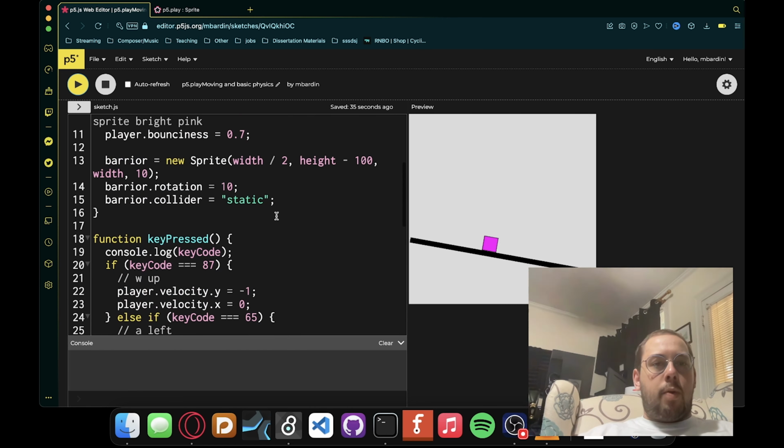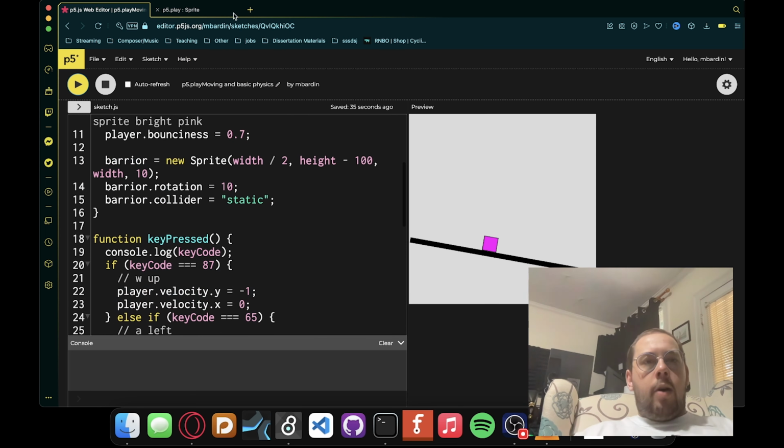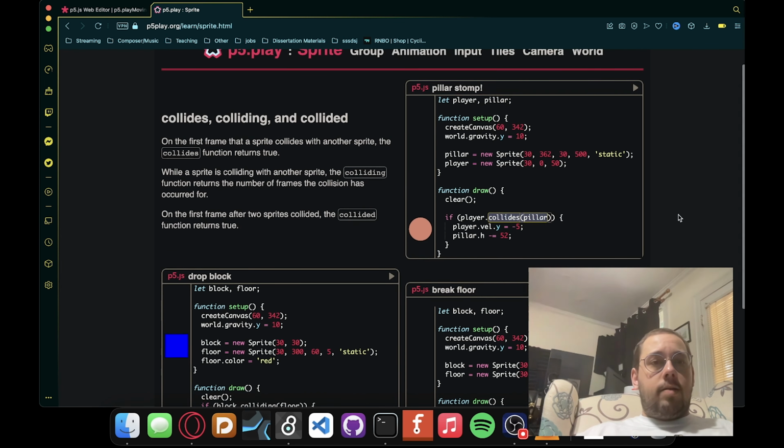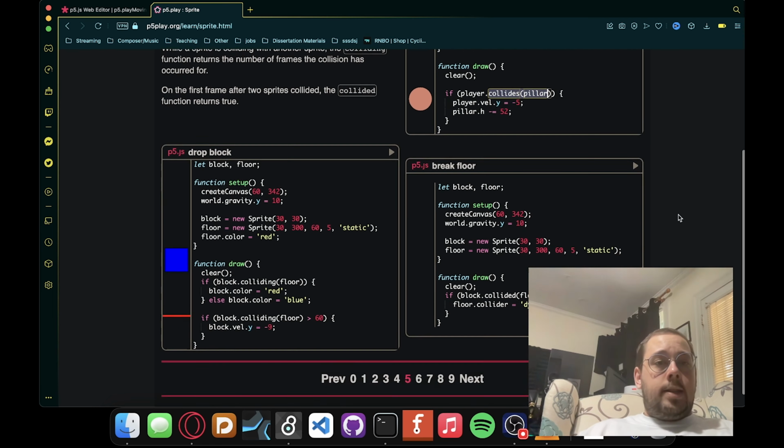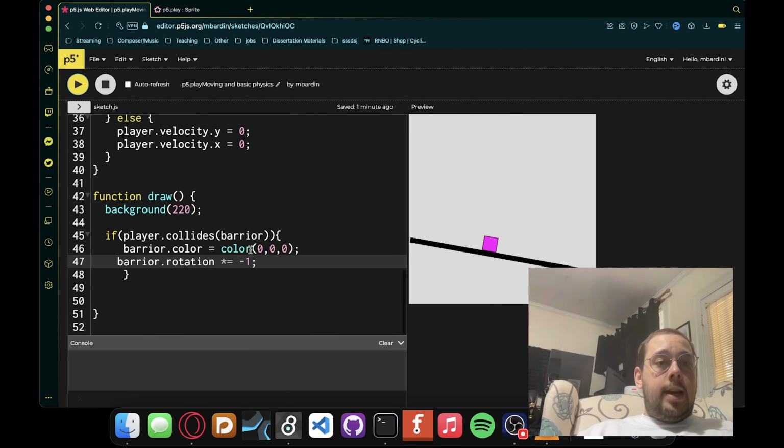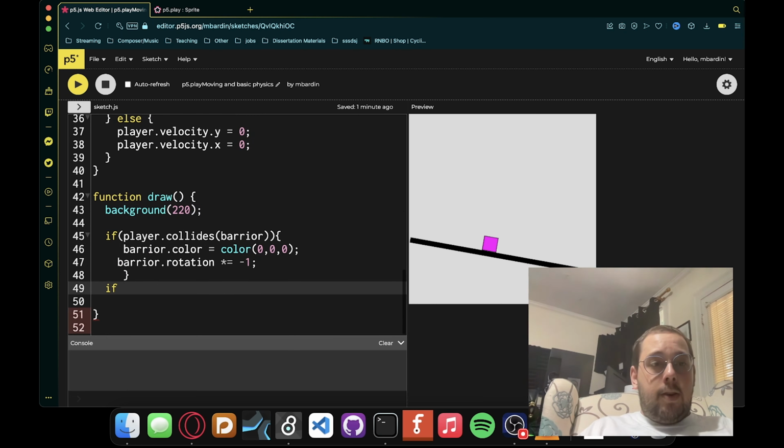If I made it a circular sprite, we might see it still roll down off the side. So again, that is just collides. And then while it is colliding, when they're still touching, we'll have something else happen. So if I hopped over here and said, if player.colliding with barrier,